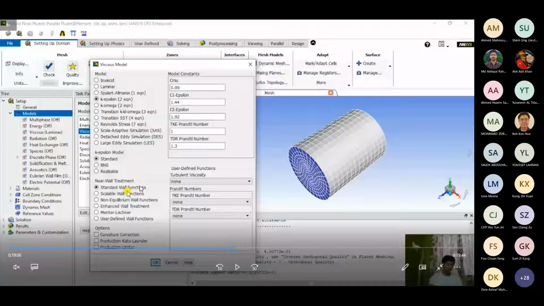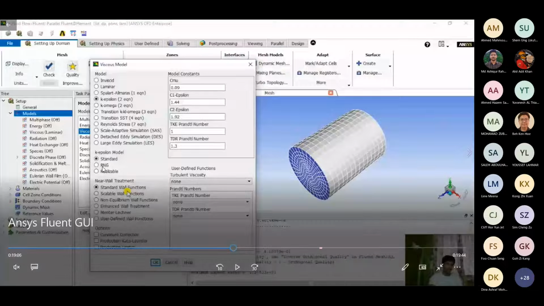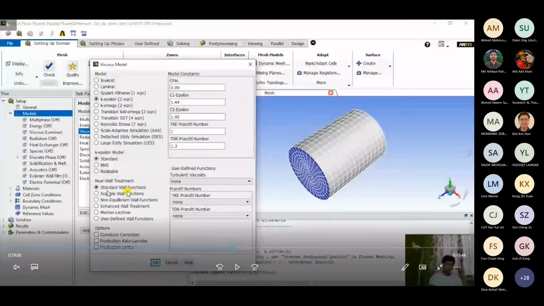In the k-epsilon model, there are also different options: standard, RNG, realizable, and for near-wall treatment, how much I'm focusing on the near-wall region. Based on that, I would choose the near-wall treatment kind. And based on this, different equations are solved. Generally, we'll keep it as it is, and then we will move ahead. So yes, we are changing from epsilon to laminar, and then we'll move ahead with the laminar because we are going for laminar flows.